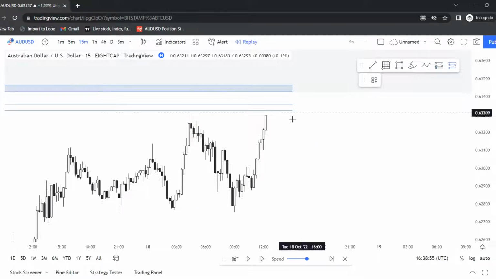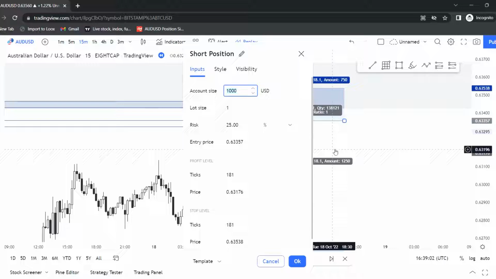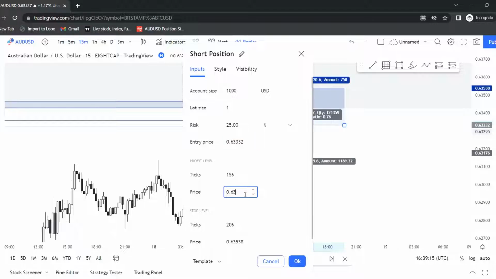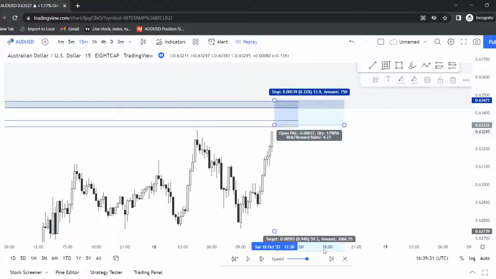So yeah, I placed a sell limit on the 25% of this zone, and if I could just take a quick look on my phone, I can actually put the correct prices over here. So my entry price was 6,332, my take profit was 6,2739, and my stop loss was at 6,3471. Yeah, so perfect. So this was a nice around 1 to 4 hour trade,